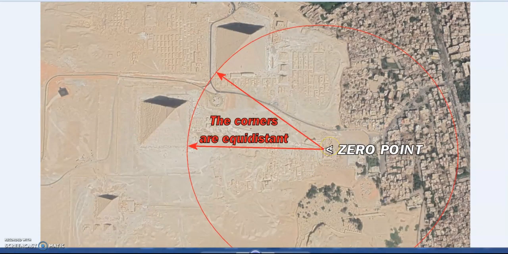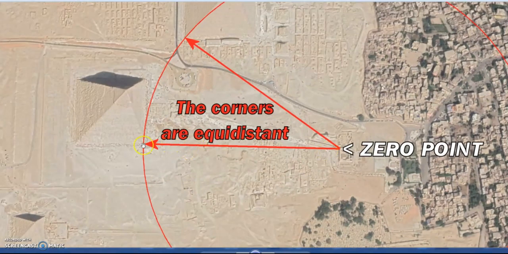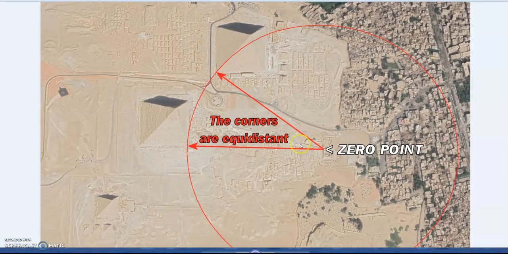Now, again, test this on Google Earth. Draw a circle centered on the 0 point and go either to the southeast corner of the Khafre Pyramid or the southwest corner of the Great Pyramid. It's equidistant from this point. This makes it very, very special, very rare. Coincidence? Well,